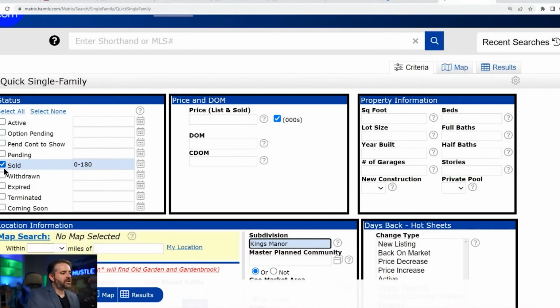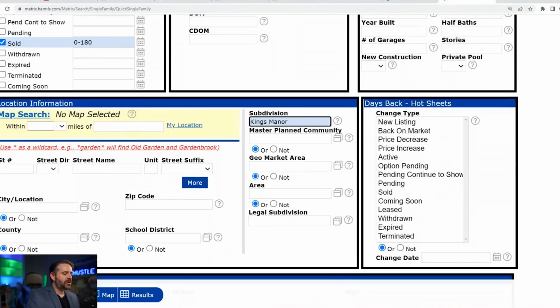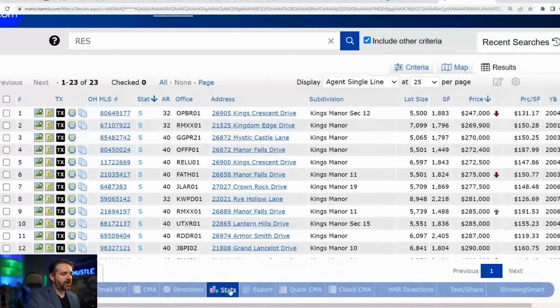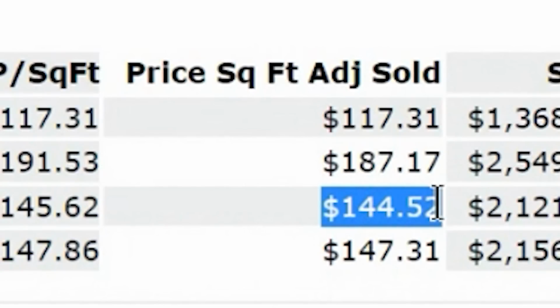So what I've done is checked off sold right here, guys. I want to see the last 6 months of properties sold in Kings Manor subdivision. So I'm going to show you guys that right now by putting results right here. Okay, then I'm going to go to stats. I'm going to put tabular data. And essentially, it's going to tell us that the price per square foot average is